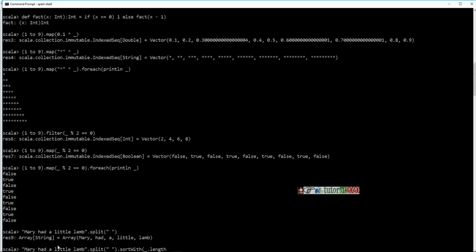So the input to the sort is the output of this split function, and you know that the output of the split is an array of strings. This array has individual strings in it, and these strings become the input to the sort with. Okay. Now here, when I put this underscore, it means that